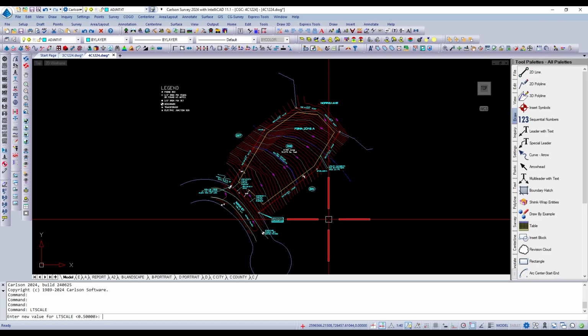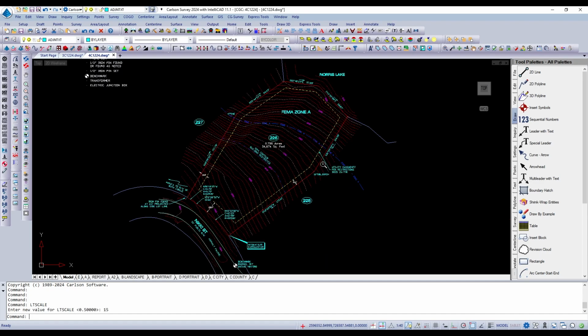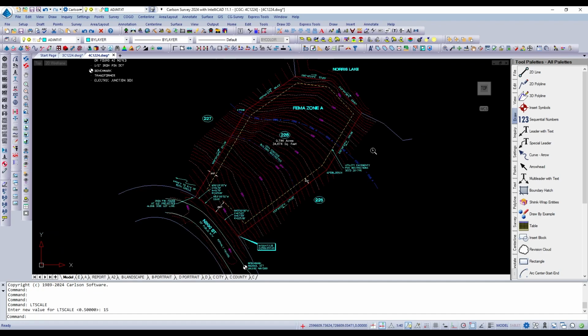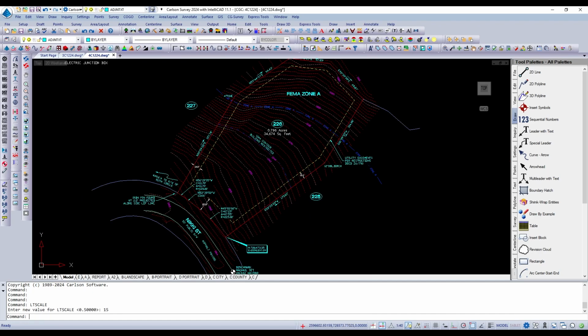In paper space, the LT scale needs to be set to 0.5 for it to work properly. But when I'm in model space, the LT scale variable needs to be set to 1/2 the drawing scale, which I believe is 1 to 30 in this case. So I'm going to change it to 15, and that